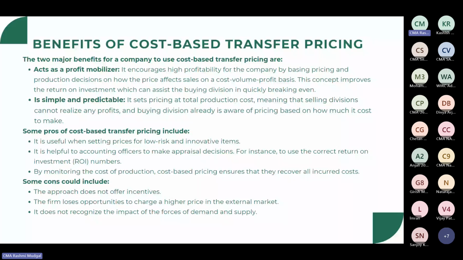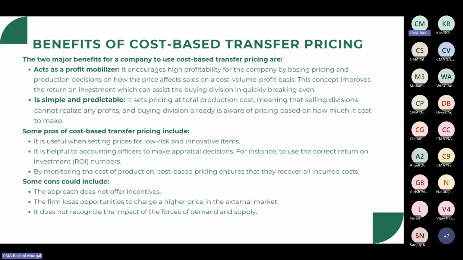It is helpful to the accounting officer to make appraisal decisions, for instance, to use the correct return on investment numbers. Next, by monitoring the cost of production, cost-based pricing ensures that they recover all incurred costs. At least that cost needs to be recovered. Next, some cons could include: